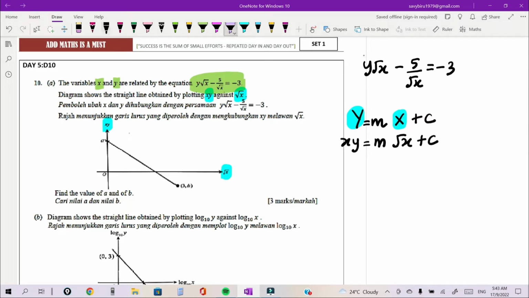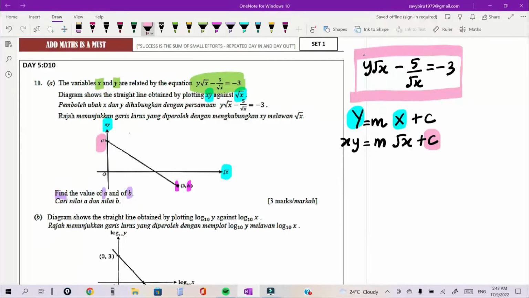Find the value of a and b. Where's a? A is actually the y-intercept of the graph, and b is actually the y-coordinate of the point here. So first of all, to find the value of a, we need to convert this non-linear equation